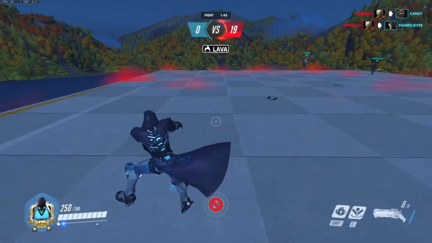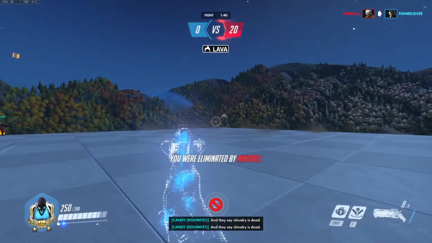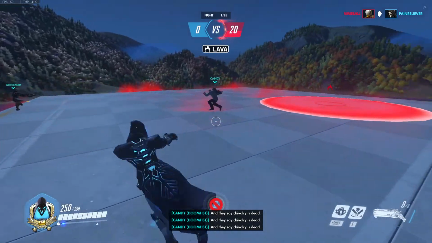Then we got lava here. You really just have to run to the edge of the map to avoid it. Still got Singe though. And then we have, well, he's not gonna do it yet, but...